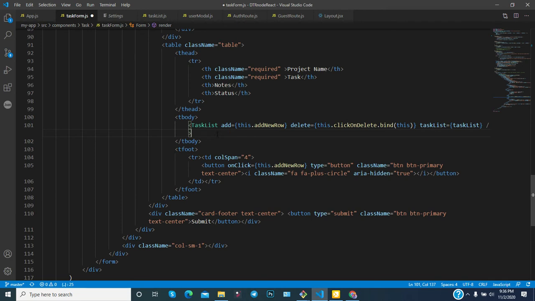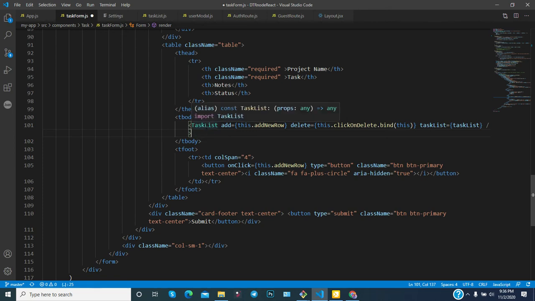State and props are terms in React that are very important to understand. So what are props? In the component you can pass any value through props. It means it's like an argument in a function. To make it very simple, through a function you can also reuse code, and you pass some argument, and accordingly that code will be executed. A similar thing is happening here as well.